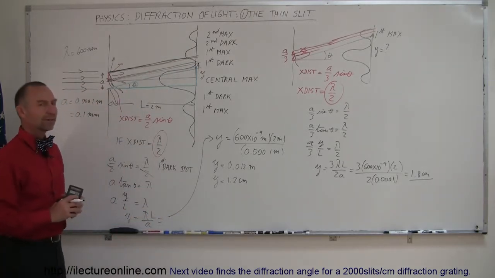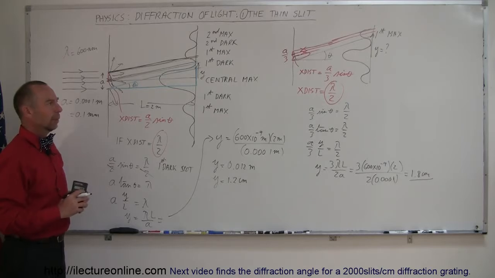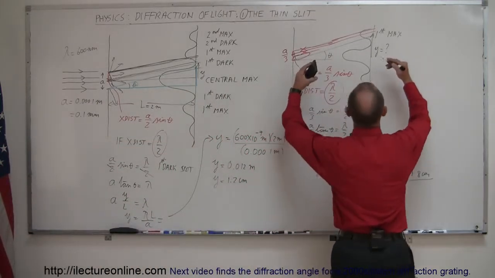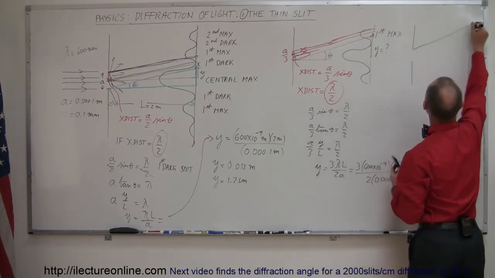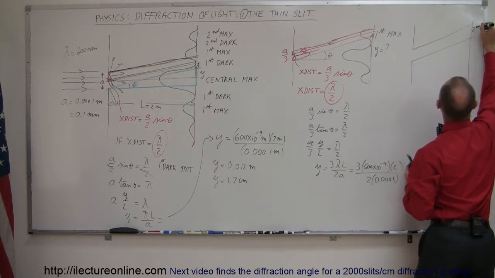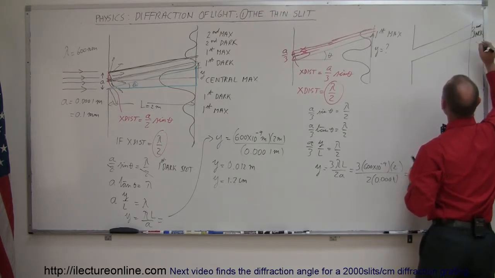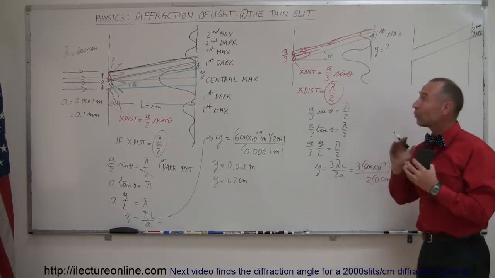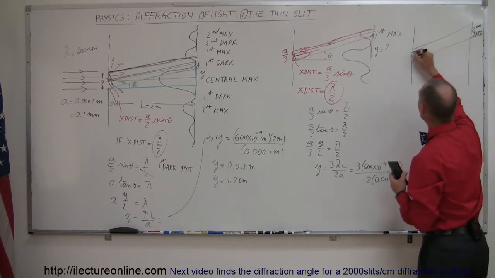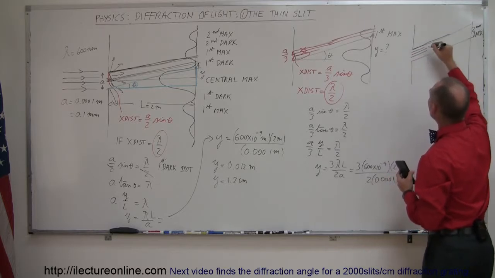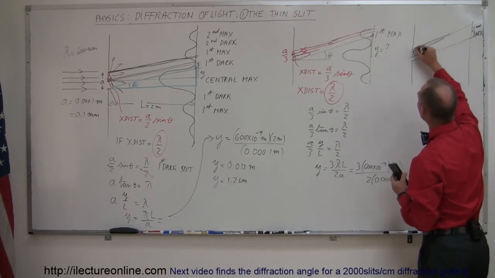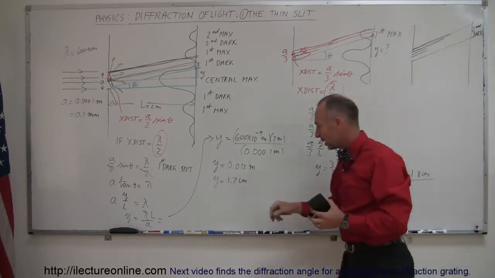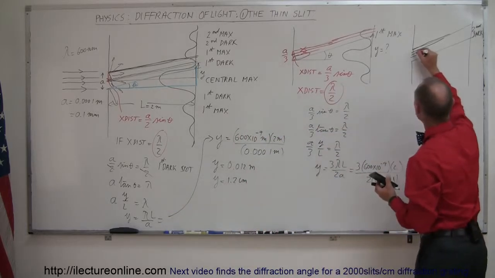Now, how do you find the second dark spot? Well, the second dark spot will be found by raising the beam a little bit higher. Here's the slit, here's the screen, raise the beam a little bit higher to find the second dark spot. And what we do there is, instead of dividing the beam into 3 equal parts, we're now going to divide the beam into 4 equal parts. And what we can say is that the ray of the top of the beam can cancel out the ray that's 1/4 into the beam here if, and again, we take that little distance right there, that extra distance over here,